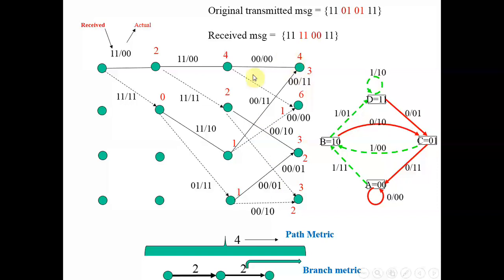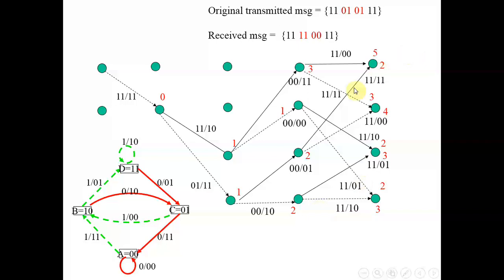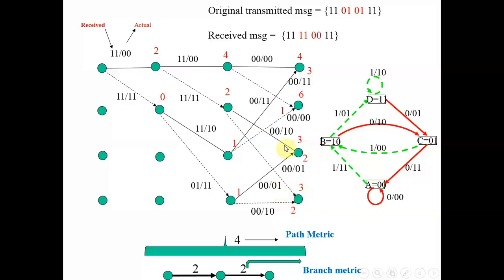Here 4 will be eliminated, here the 6 path will be eliminated, here the path which is giving you an error of 3 will be eliminated, and here again the path which is giving you an error of 3 will be eliminated, and the remaining paths are maintained. So this is how the diagram will look. For the first node I am maintaining this path of 3, for the second node I am maintaining this path of 1, for the third node I am maintaining the path of 2, and for the last node I am maintaining the path of 2. 3, 3, 6 and 4 are eliminated.